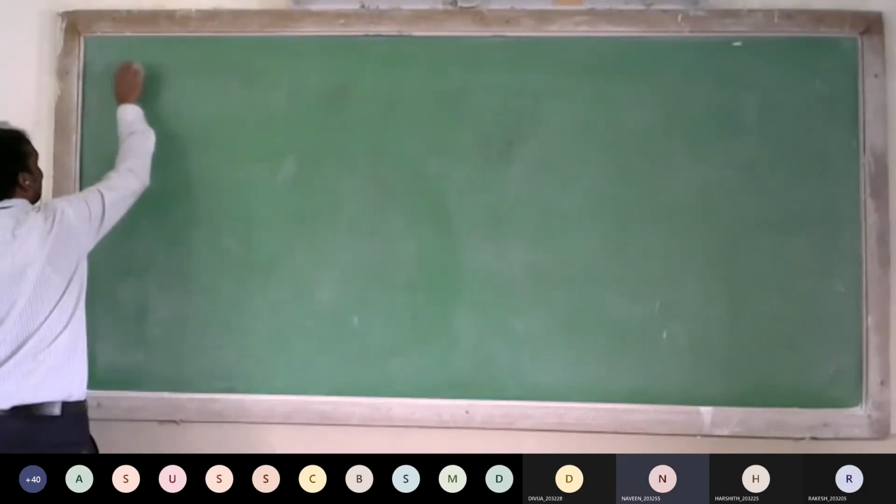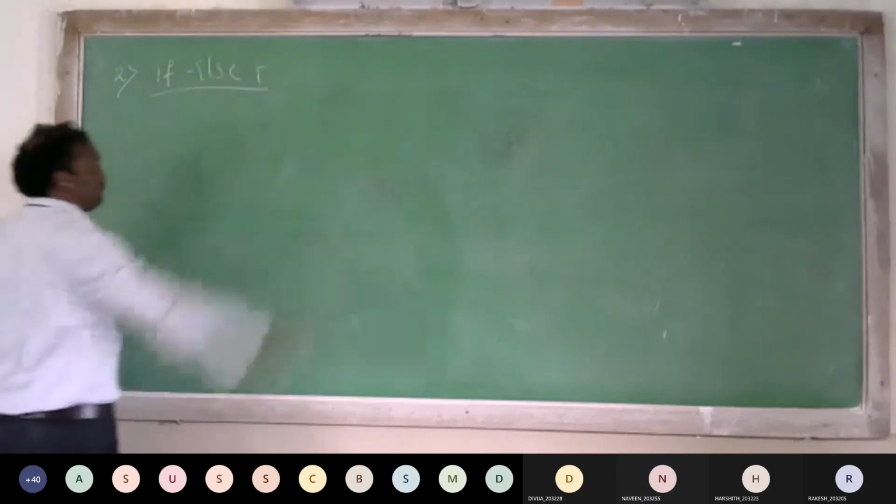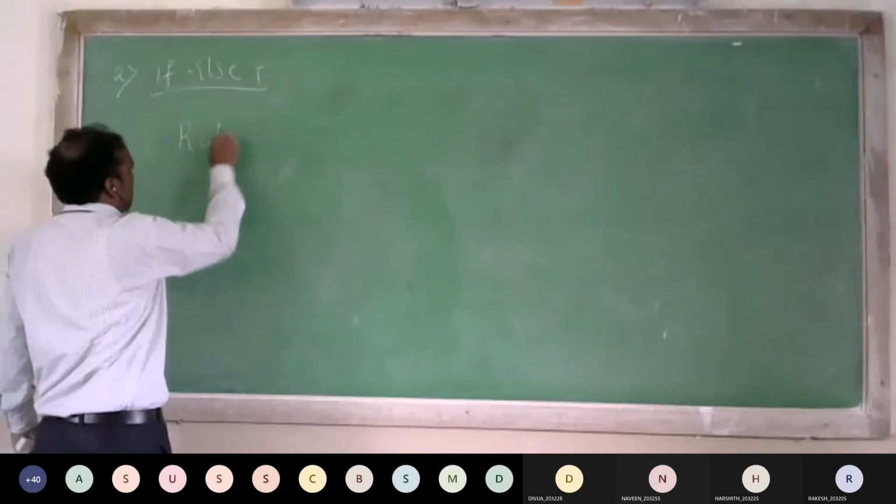Second one, the if else control structure. Now what is the rule?